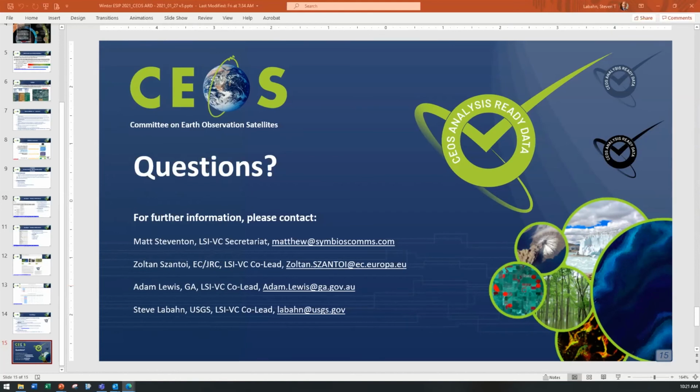Good. Okay, there's one more question that's been really upvoted here. The question is, does CEOS provide more granularity on what use with ease and confidence means for a new user? Yeah, I think what we are trying to do from that perspective is to use this CARD4L framework and then expand it into oceans and atmospheres so that we give users information about what specifications are being met with a certain